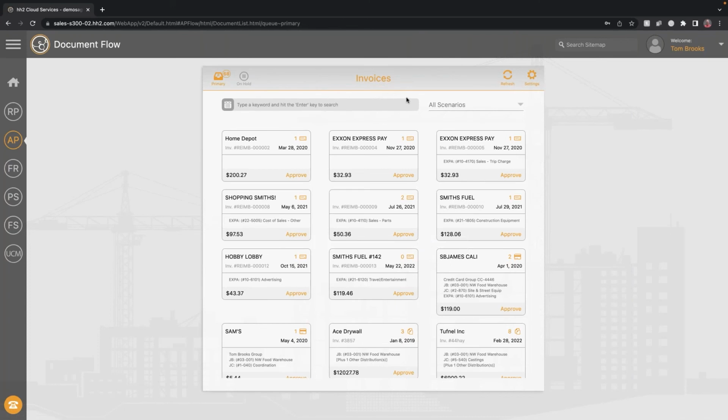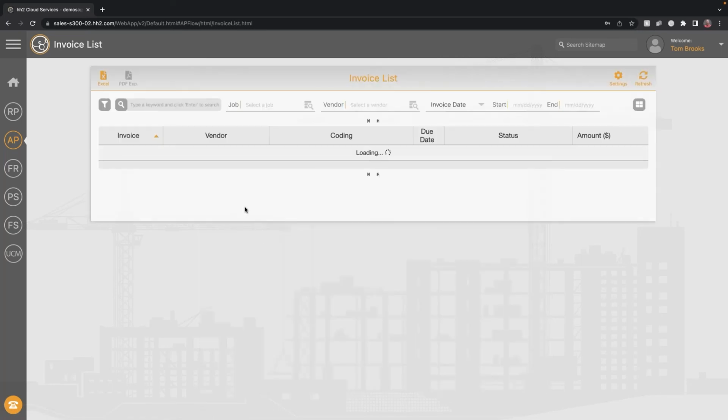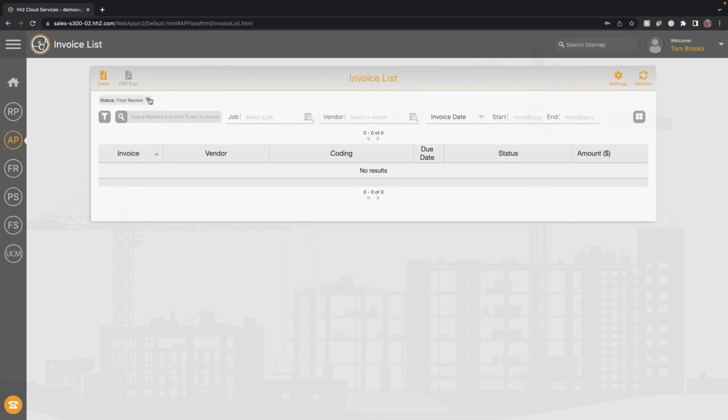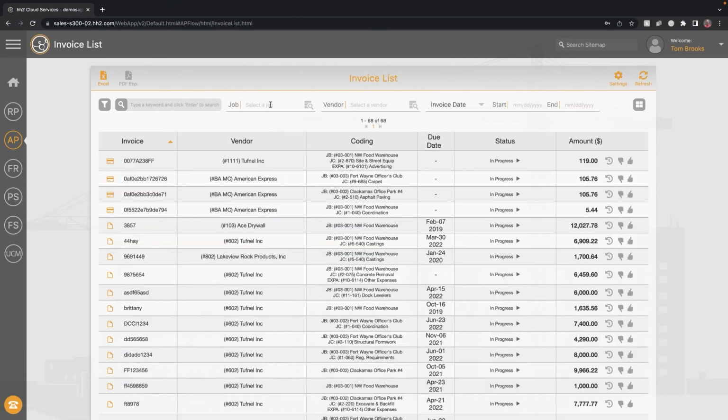Now, another tool that I like to share that's really helpful from an approver perspective is what if I need to see something I've already approved? Well, HH2 has a nice interface called an invoice list that's built into the system and can be enabled for your users, where they can look at things they've already approved or things that need their approval. So this invoice list here has some different filter and sorting tools. So I could look at maybe something for a different job or vendor from last week or month, filter on the date range or different date fields.